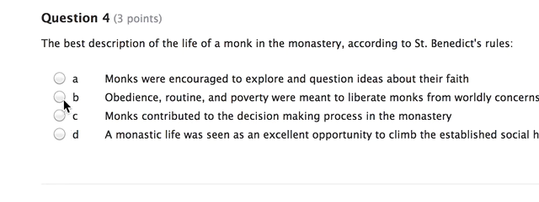So we're left with B and D. Which is the best description? Well, between the two, D might be true, but B definitely is true. So B is the better choice, because we're quite confident from our reading that this is accurate. This is the sort of thing that monks were doing in order to better pursue a life of God. So we eliminate A and C because we know they're not true. D might be true, but B is almost certainly true, and in fact it is true, so we would choose